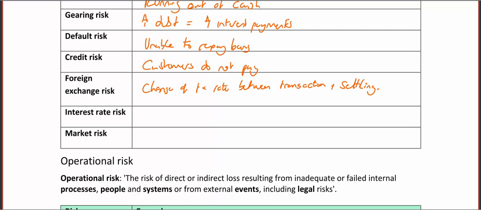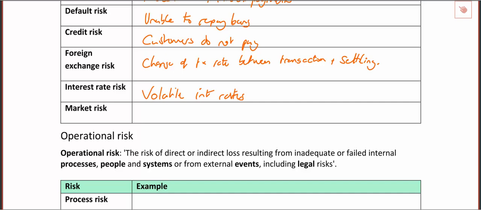An example of interest rate risk could be the fact that we have a variation or perhaps volatile borrowing rates, and therefore I don't know how much I'm going to be able to borrow for in the future, so I might need to lock down a long-term borrowing now, for example. So I might need to consider that volatility. And then market risk is going to be a lot of those things rolled into one. So just any sort of change in the market that's going to cause me a problem financially.